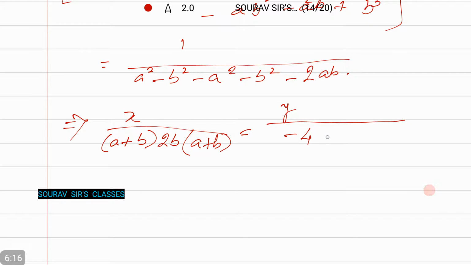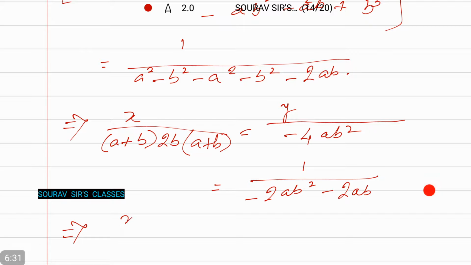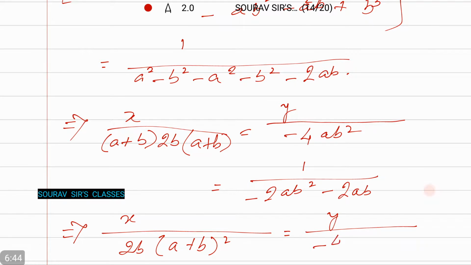And minus 4ab squared under y, it is equal to 1 by minus 2ab squared minus 2ab, which implies x by 2b into (a plus b) whole squared equals y by minus 4ab squared